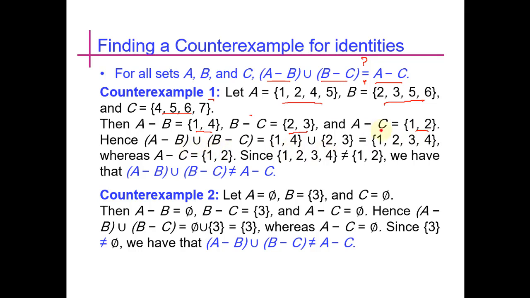So the union gives us 1, 2, 3 and 4, but the subtraction we have seen contains only the elements 1 and 2, and so these two sets are not equal, and hence we can say that the given identity is false. And a simple counter example can also be presented, और इस एग्जाम्पल में हम देख सकते हैं